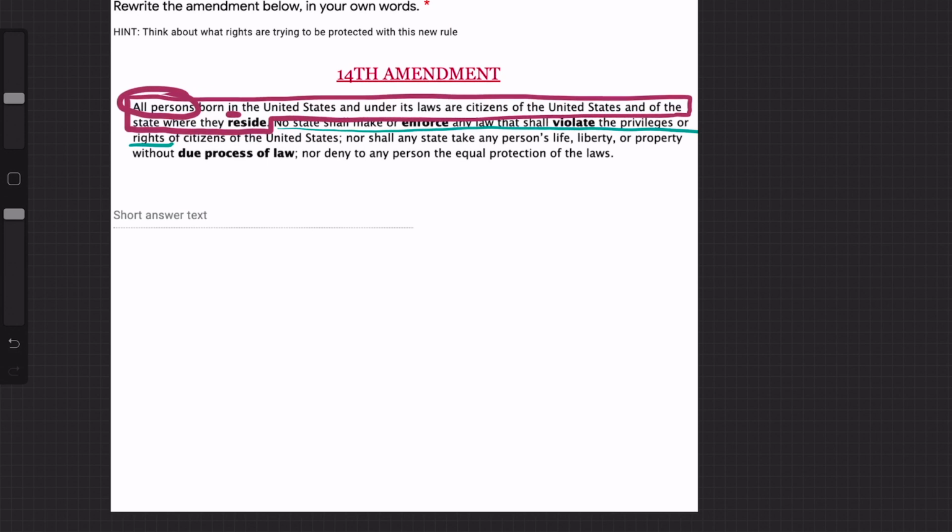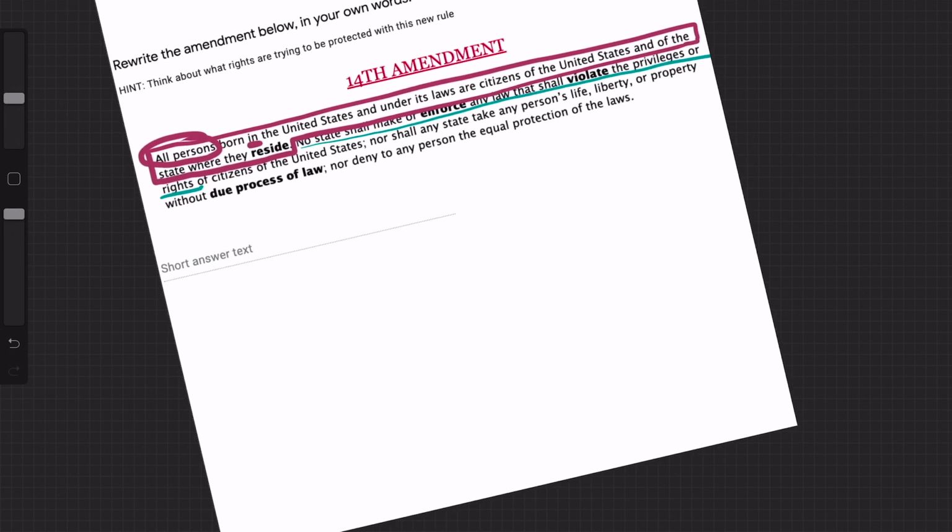Because some states might try and say, oh, we don't want these people from outside coming in, so let's make a new rule, and to be a citizen, they have to do something else than other states. This amendment says that states cannot do that. And then I think another extremely important thing, no state can take any person's life, so the state can't kill you. Liberty, the state can't make you a slave, or property, the state cannot take your things without due process